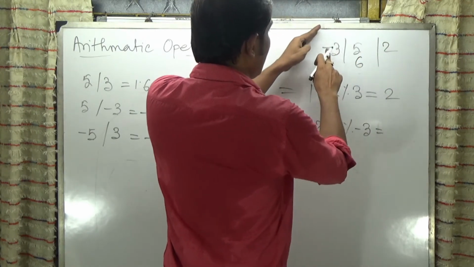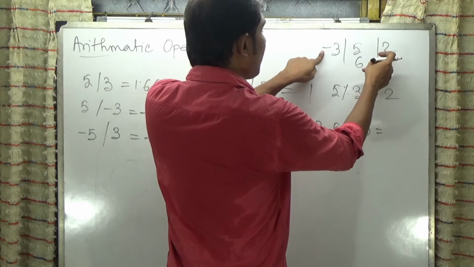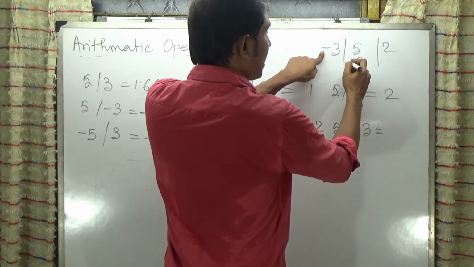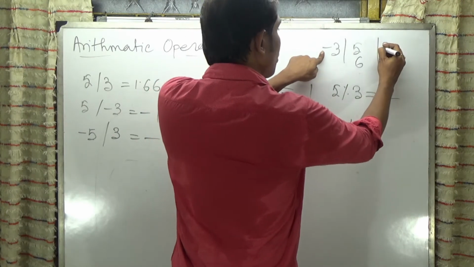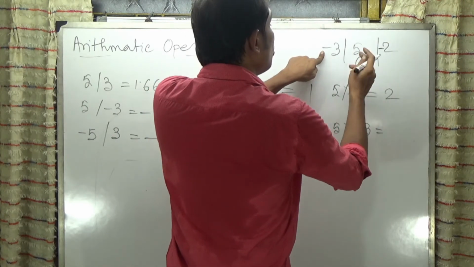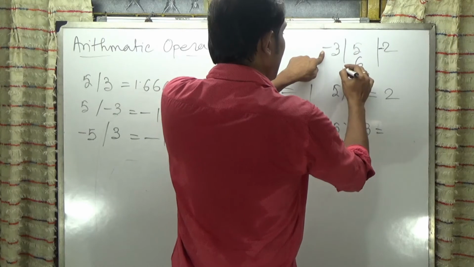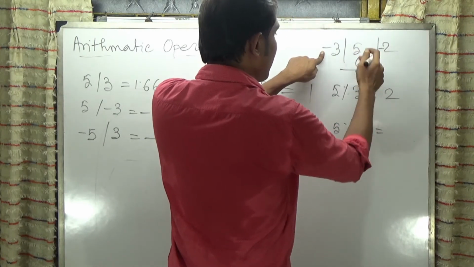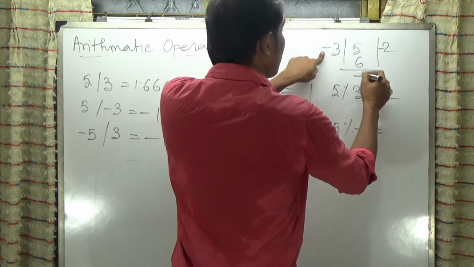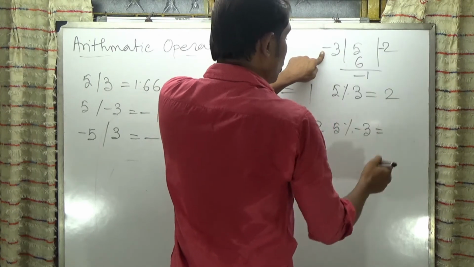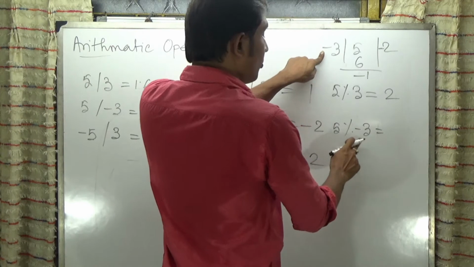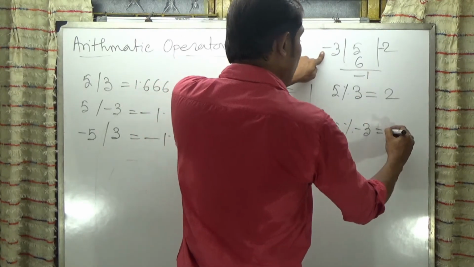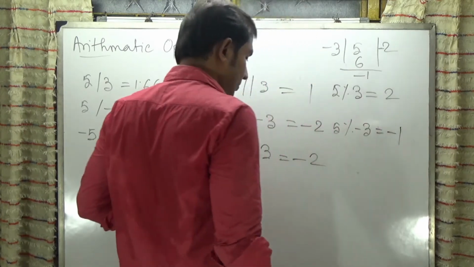Now here is the minus sign, but if I multiply it by minus 3 with 2, it becomes minus. So I'm putting an extra minus sign here to make it positive, and after this it becomes 6. If I subtract these two things, the remainder becomes 1. So in this case, as the modulo division takes place, the remainder is returned, so the value is minus 1.